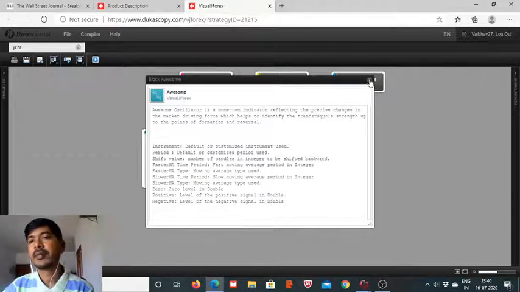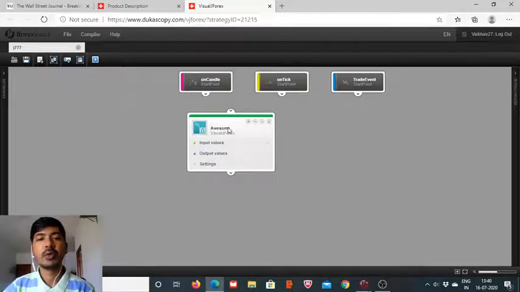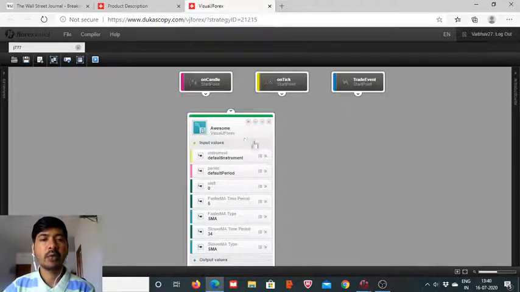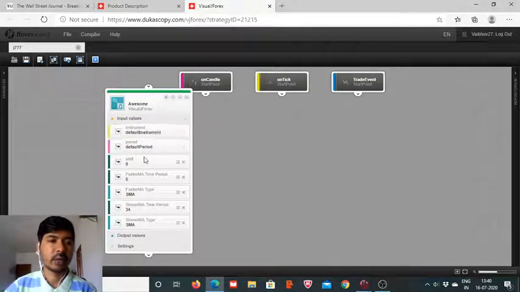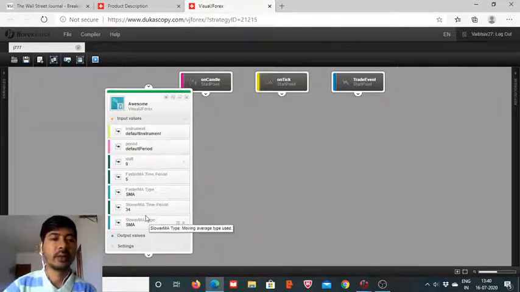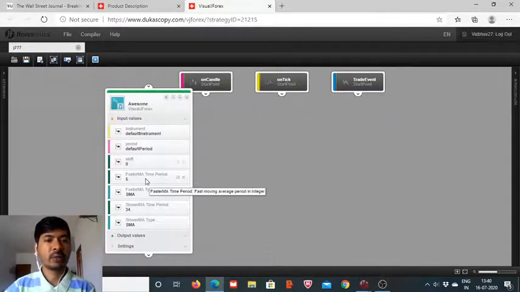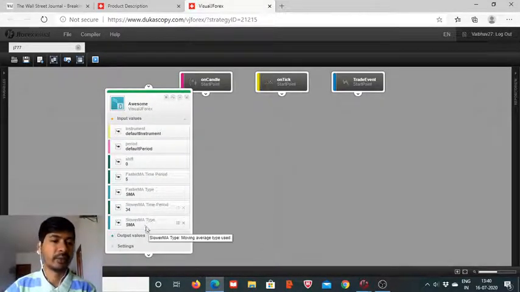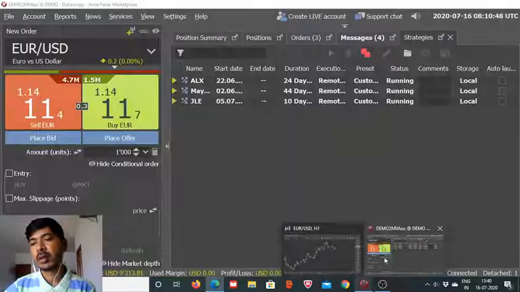And now, moving on to its use, we have to define these input values. As you can see, we have these 7 input fields where we have to define the value as per our requirement, and we will use these in